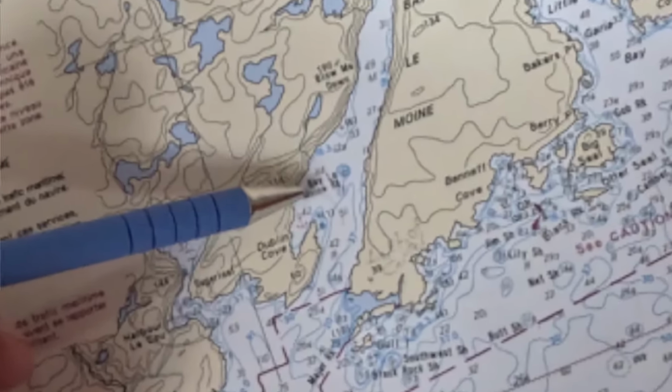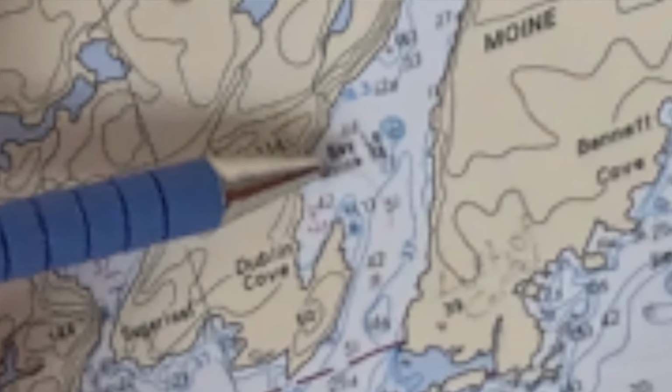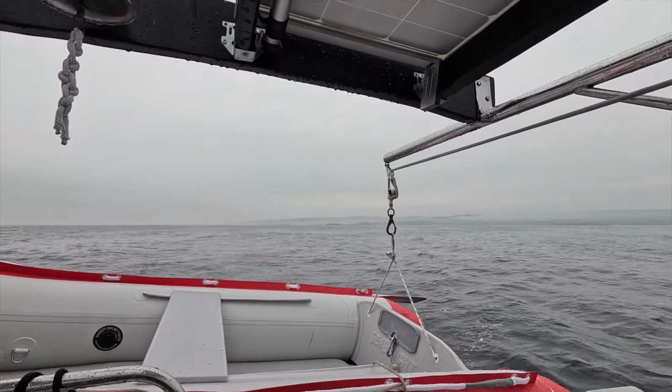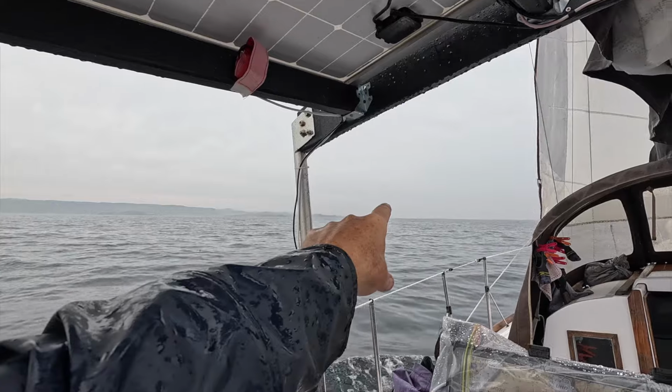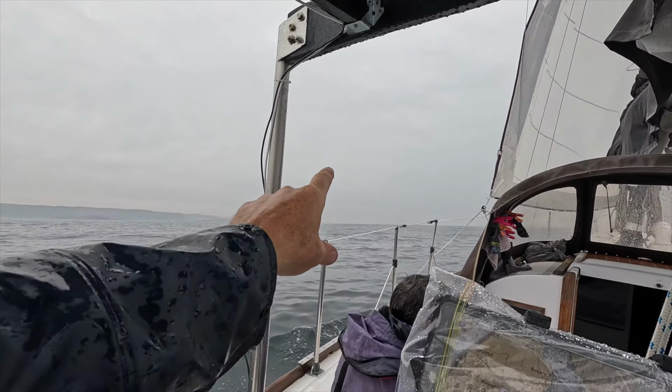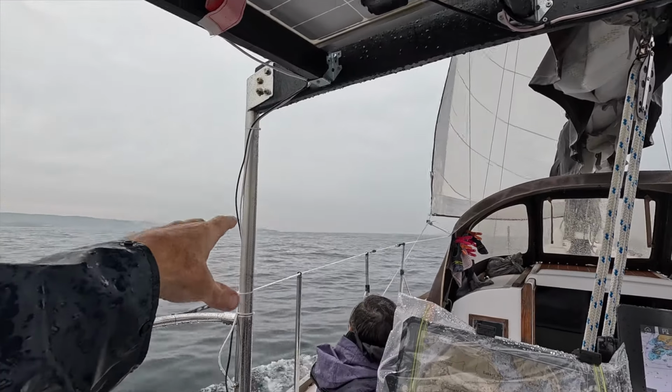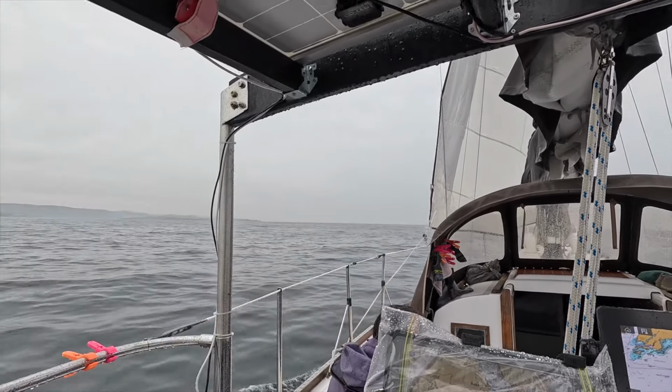Trying to go early this morning. We just left Dublin Cove, and that's where we set up like a home base for petites, right? Which was just down here. Little Garia Bay is over here. That's where we're going to go next. We're going to go in, have a look, so there'll be a waterfall there, and then we'll come out, and then there's the